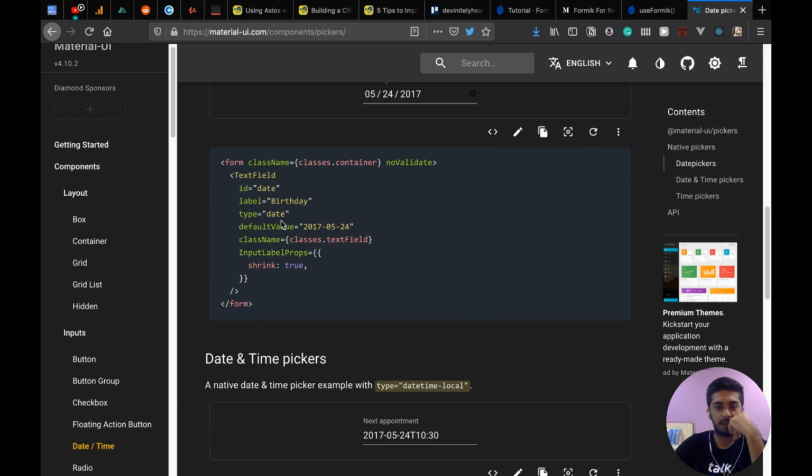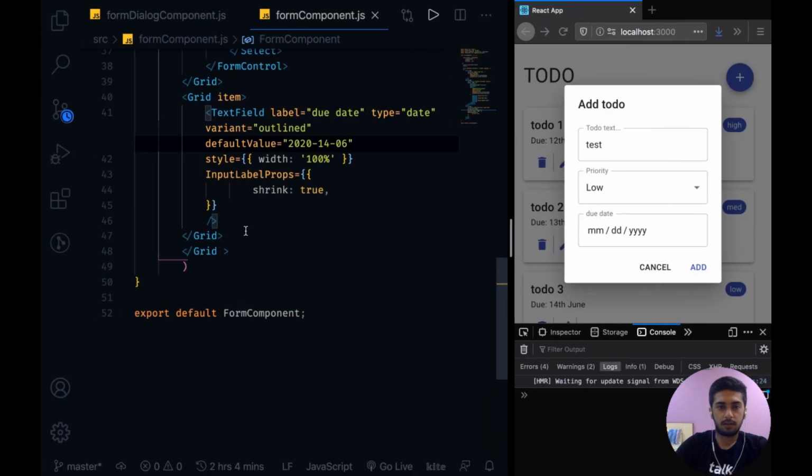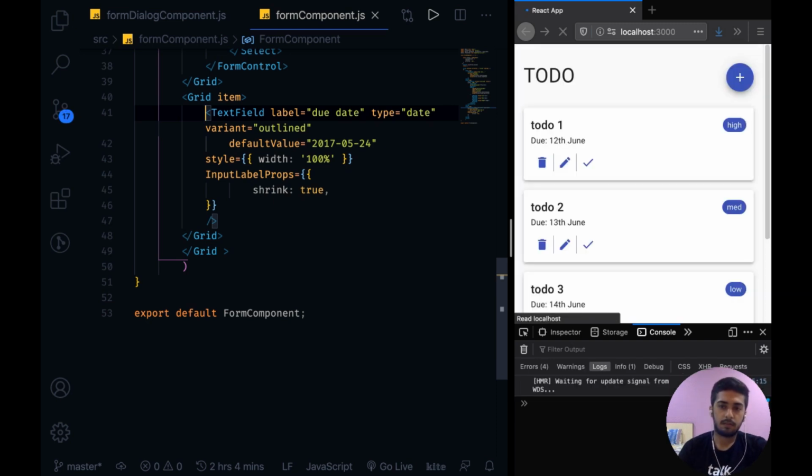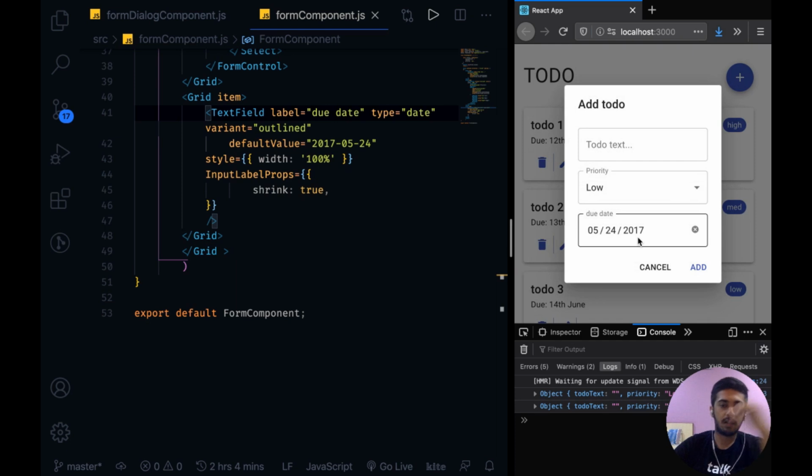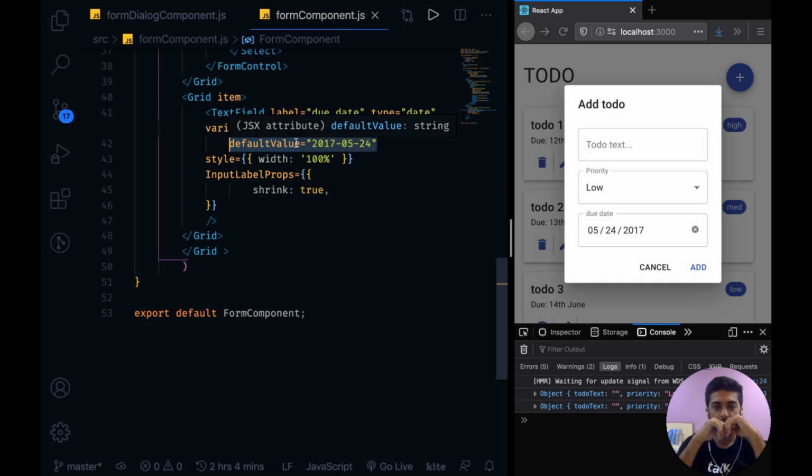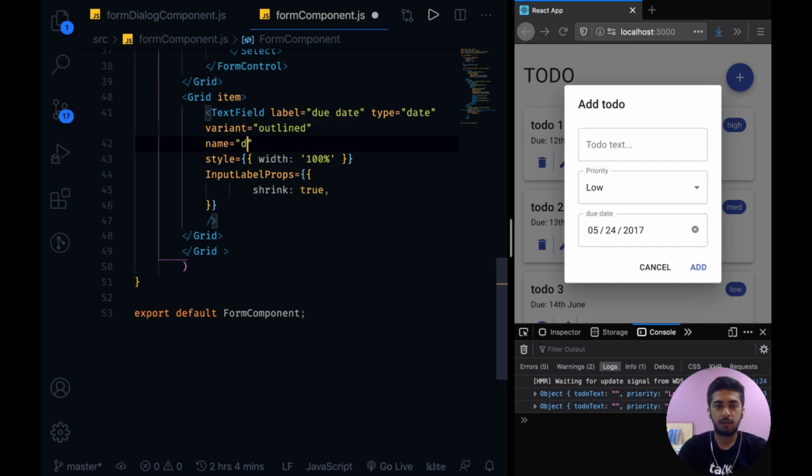We're just using a native picker, and it's given a default value like this. It now has a default value. So this is basically the format of giving the default value, and I want this to be by default just the current date. So first of all, we'll give it a name of dueDate,